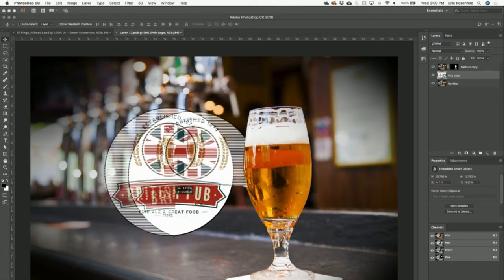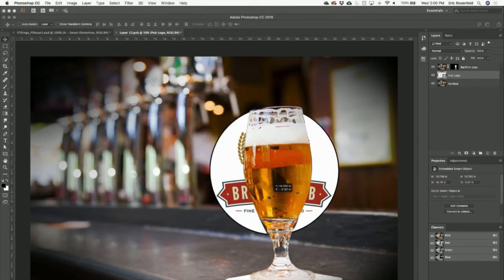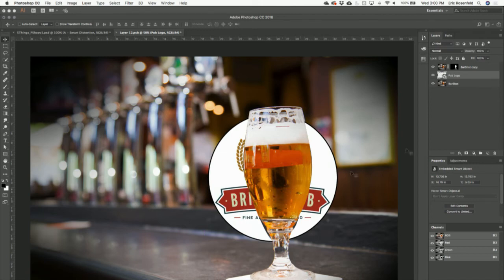So now I can have sort of our coaster that's underneath it, but I want to see through a little bit of it, and I want to distort it a bit. So right now I have a little bit of an issue because I could come in here and reduce my opacity, but that's not going to give you that look. So instead of putting that logo behind the beer, I'm going to leave it in front,